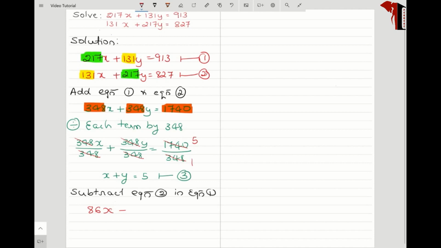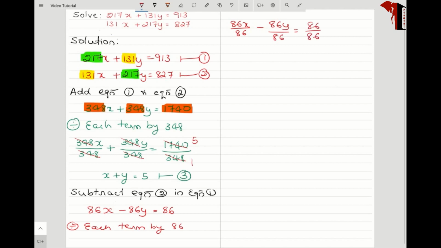So what I will get, it becomes minus 86y equals the difference of 913 and 827, which is again 86. Now it is clear to you all, we are going to divide this by 86. So divide each term by 86. In this, it becomes 86x by 86 minus 86y by 86 equals 86 by